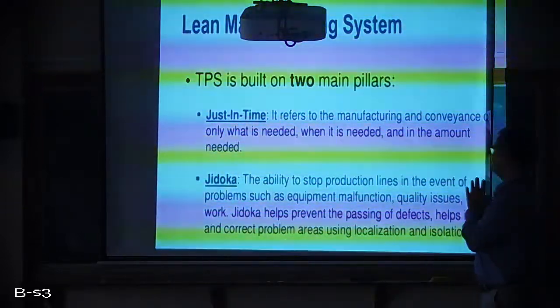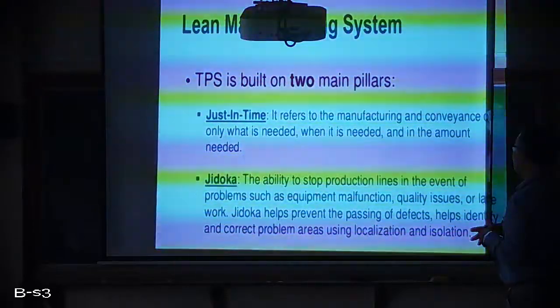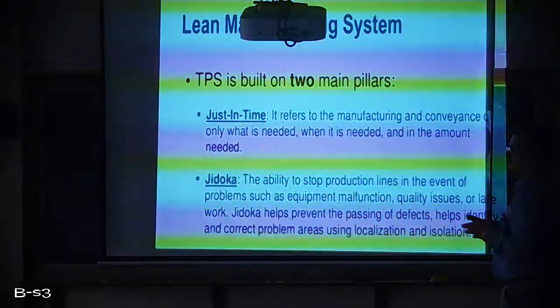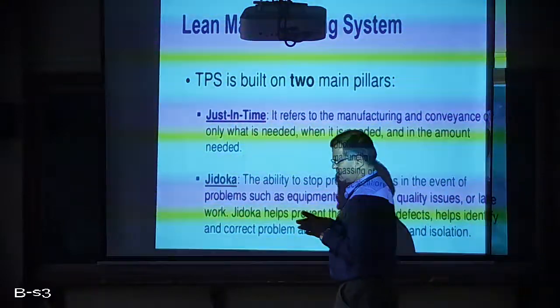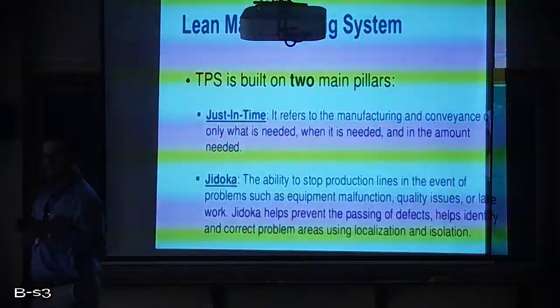Okay, the Jidoka helps prevent the passing of defects, helps identify and correct problems. It's also very important. Okay, what is the defect? It's not only sending the defective product, but also